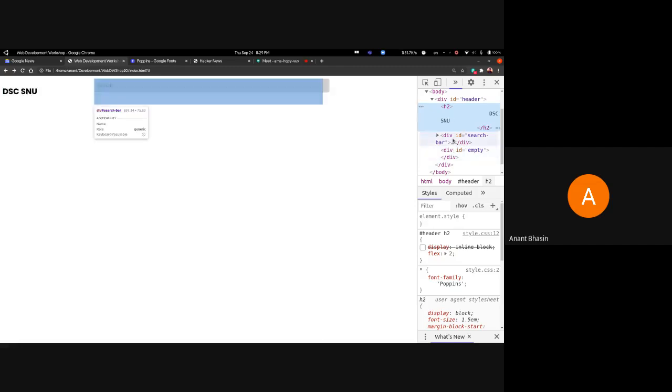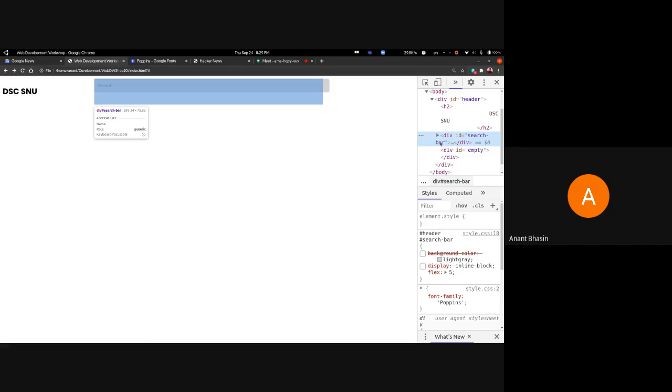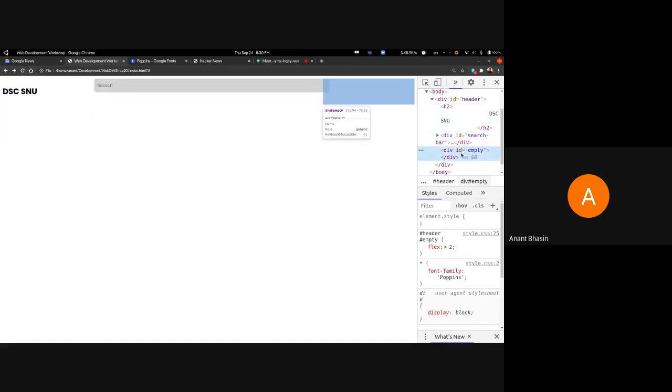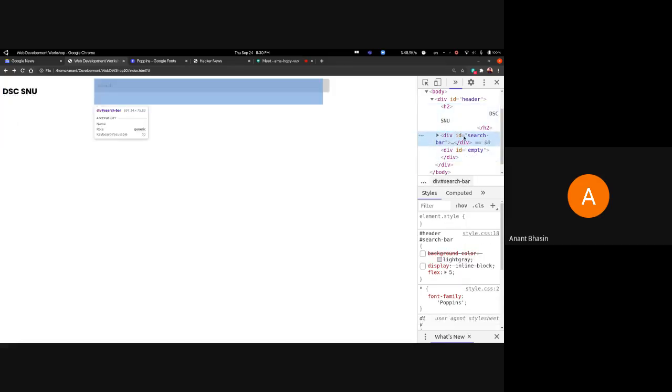And then the search bar is taking 697.34 pixels, which is basically this 278.94 into 2.5, or into 5 upon 2. So H2 and empty both have a flex property of 2, and the search bar has a flex property of 5. So the total width of the header tag in this case is being divided among all of them according to the ratio which we gave in the flex property.